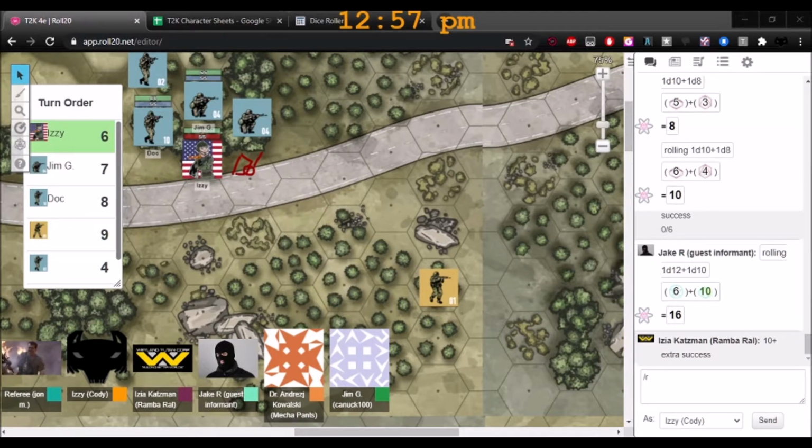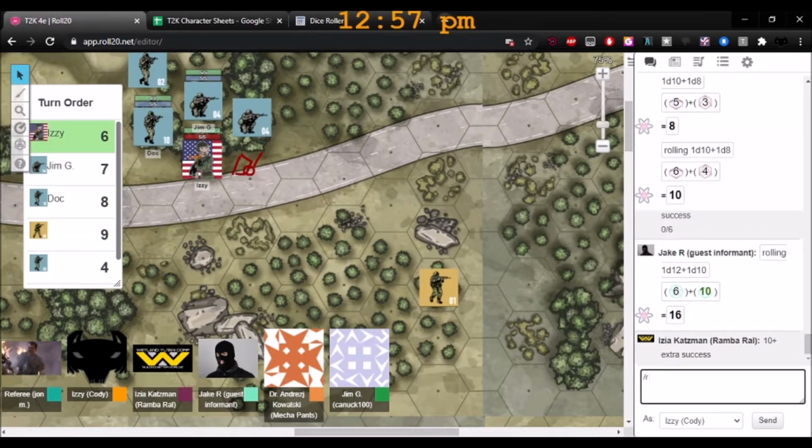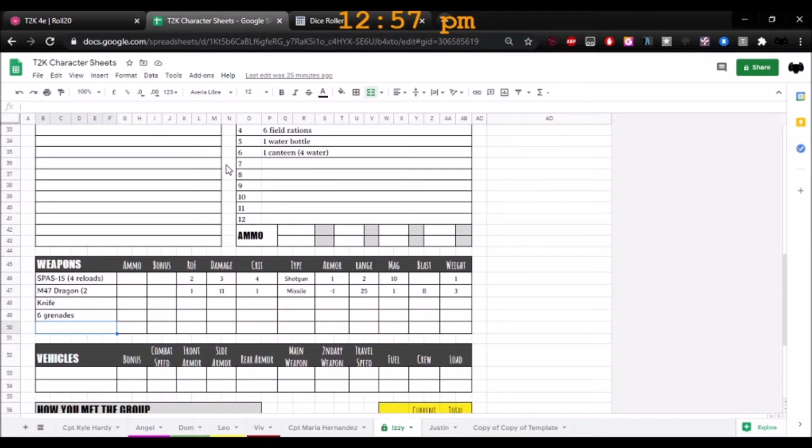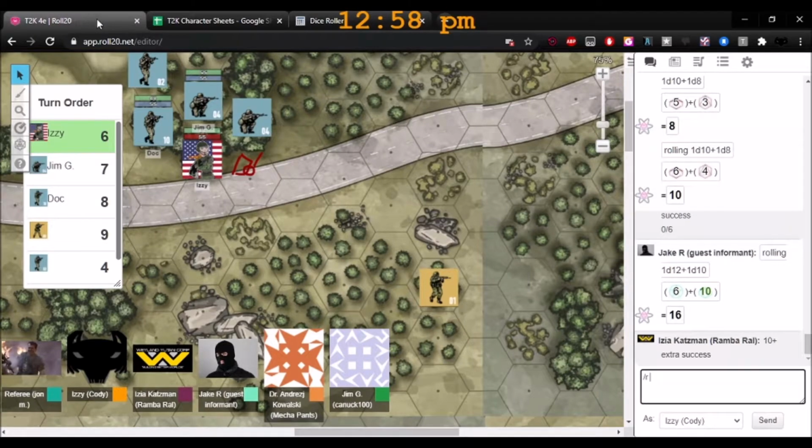But first, let's just check the range. What's the range of your rifle? Its range is 2. So that's 2 hexes, but that's the short range. So we'll just calculate the range. From where you are, we've got 1, 2 hexes, 3, 4. That would be medium range, and he's 5 hexes away.